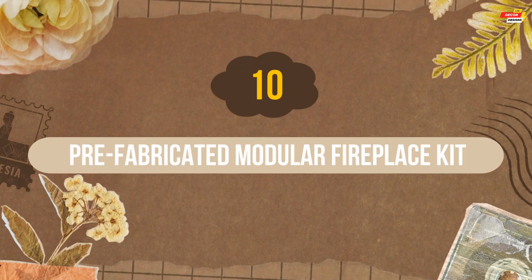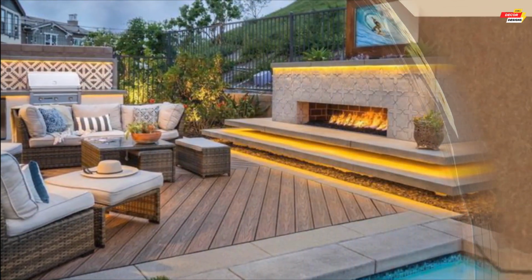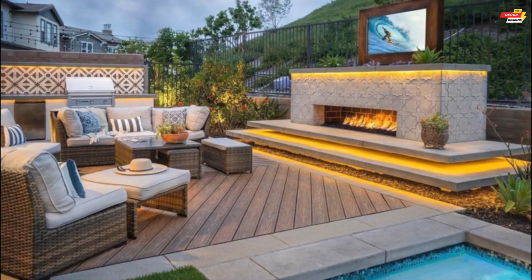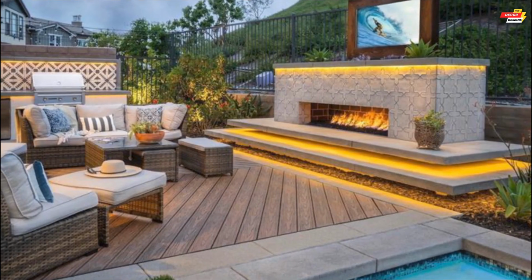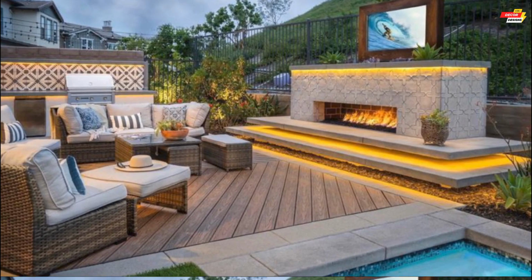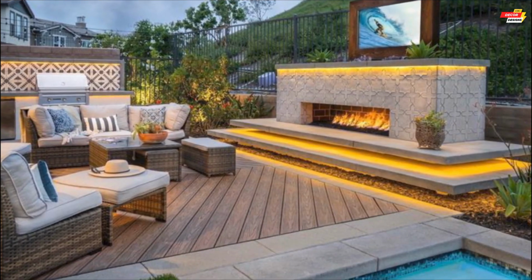Ten, prefabricated modular fireplace kit. For those seeking a DIY-friendly option, prefabricated modular fireplace kits offer a relatively straightforward installation. These typically come with all necessary components and can be finished with various veneers like stone or brick to match